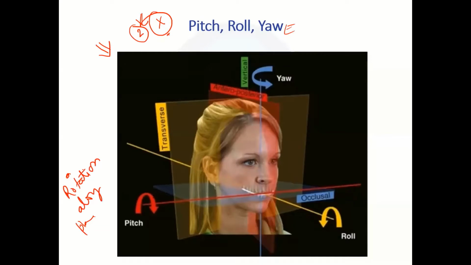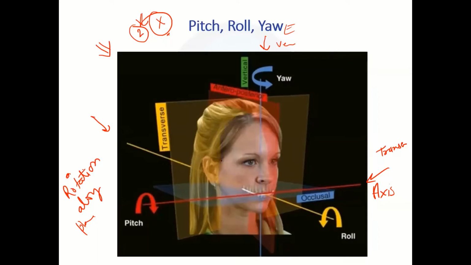Okay, so pitch you see here. This is an axis. Pitch here is shown in the transverse axis. You understand transverse now. Yaw is shown in the vertical axis, and roll is shown to be in the anteroposterior axis. All with me right now? I need you to answer me here. So pitch is shown in the transverse axis. This is a photograph from Proffit. Yaw is shown on the vertical axis, and roll is shown on the anteroposterior axis.